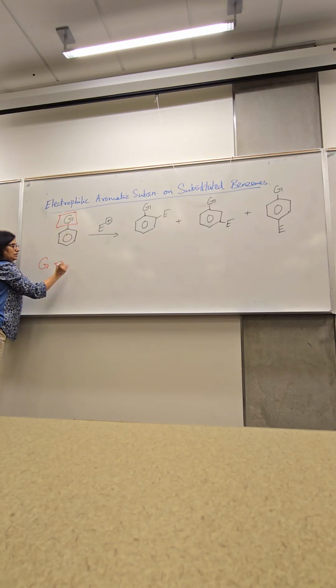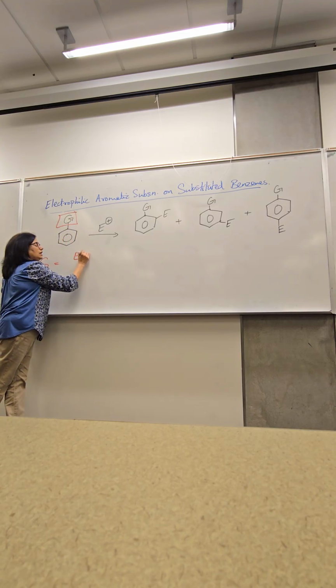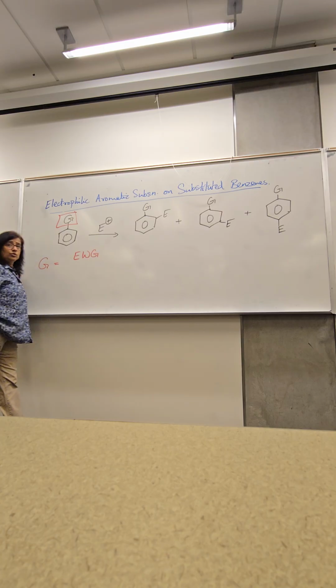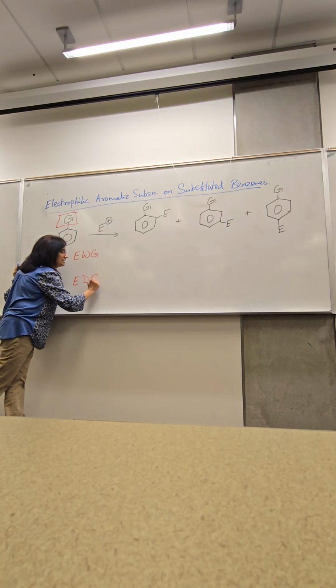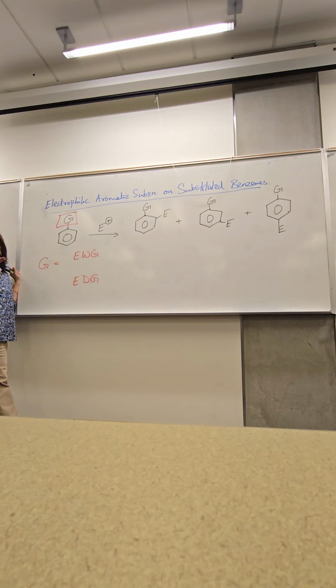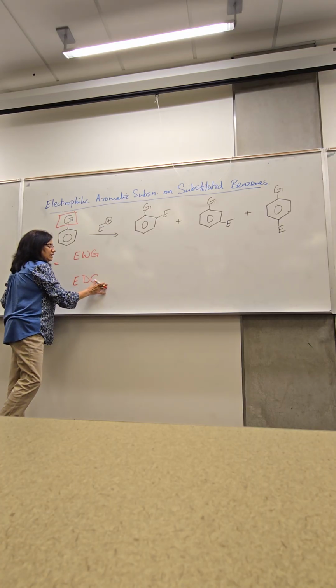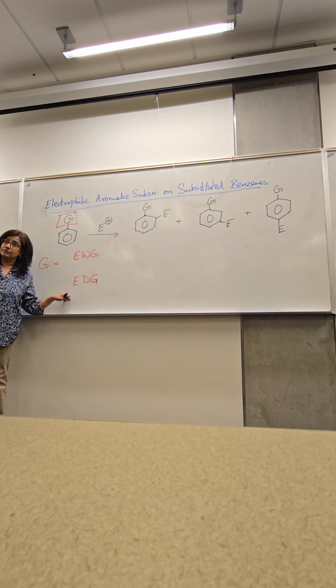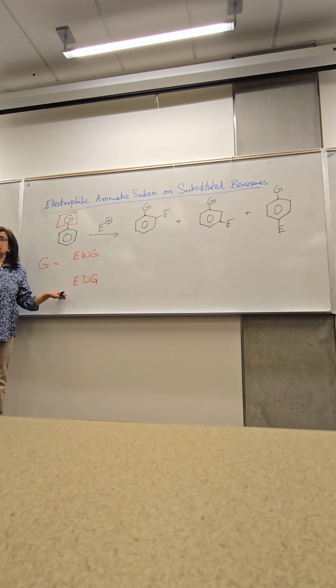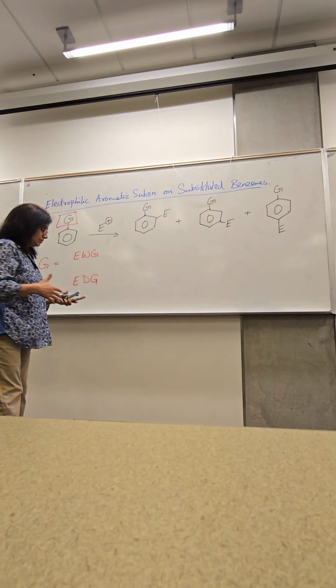The G can either be an electron withdrawing group, a group that pulls electron density away from the ring towards itself, or it can be an electron donating group, a group that pushes electron density into the benzene ring. It gives electron density to the benzene ring. Do we all understand these terms? Everybody? Yes? Okay, cool. I'll give you a handout with a list, but before we go there,